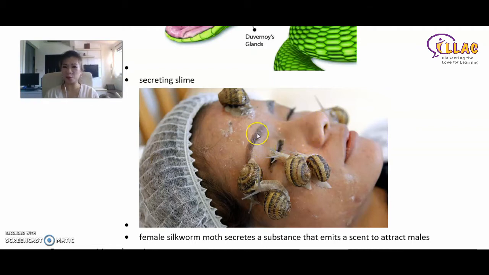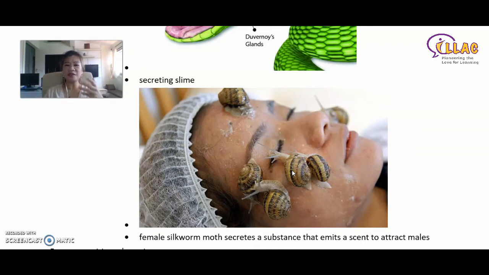But why is it on this woman's face, you might think? The reason why snails secrete slime is so that it helps them to move forward a little bit better, a little bit easier. So it's like a lubricant for them to move, right? At the same time, this slime actually comes from them for the purpose of keeping them wet, keeping them hydrated, to keep them